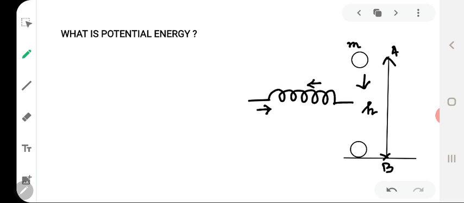This change in position of the object will also help in storing a certain amount of energy in the body, or rather utilizing a certain amount of stored energy in the body. So in both the cases, whether the energy is acquired by virtue of change in position or by virtue of change in configuration, this form of energy is called potential energy. So we can define potential energy as